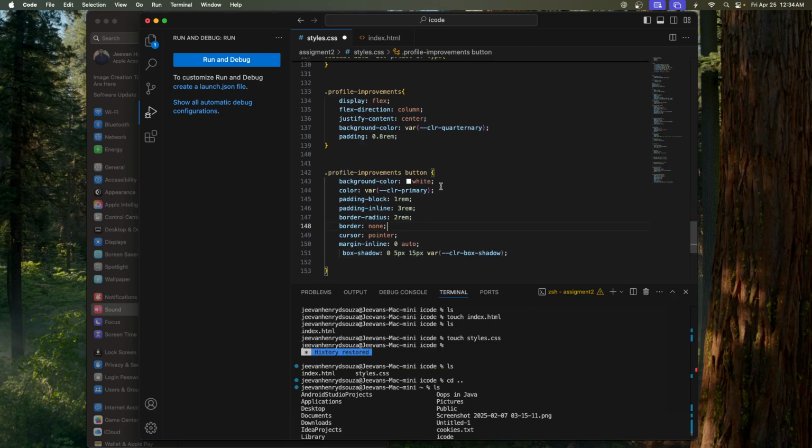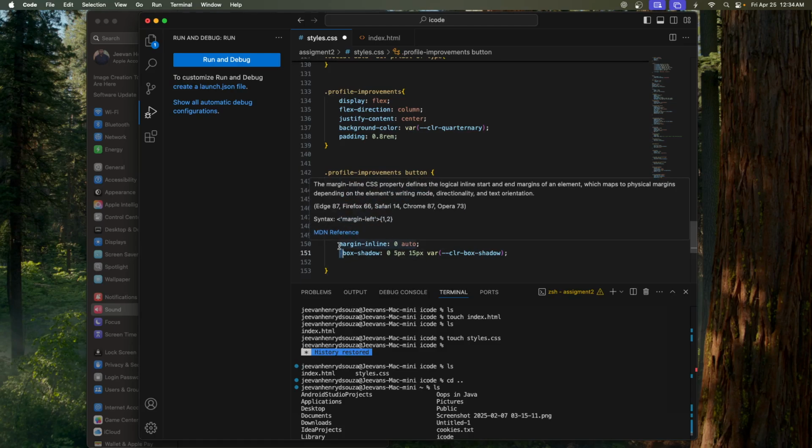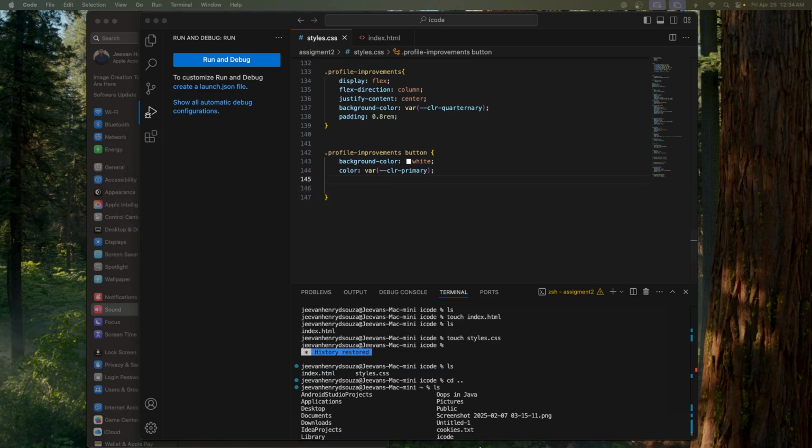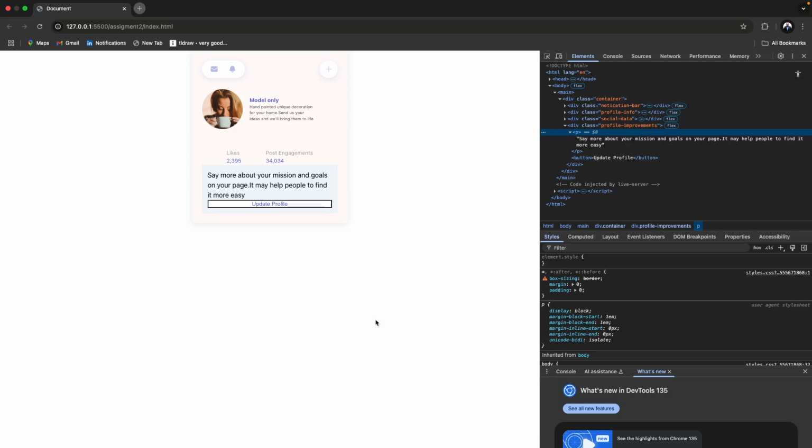So why is this color not coming? Let's get rid of these things. Does it change? Well, now it's acting like that,